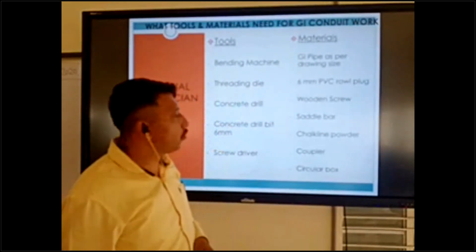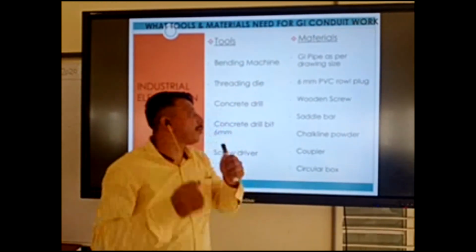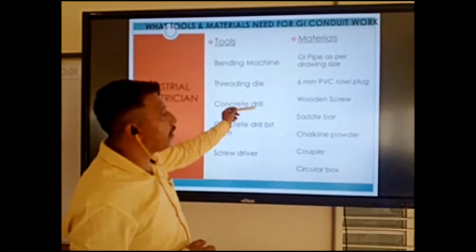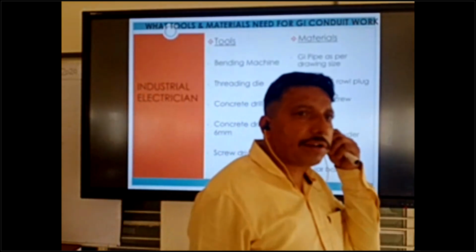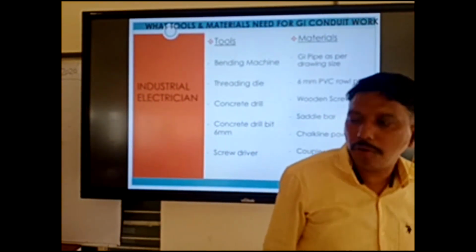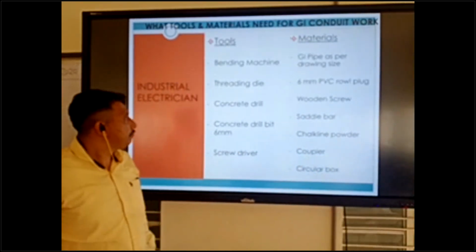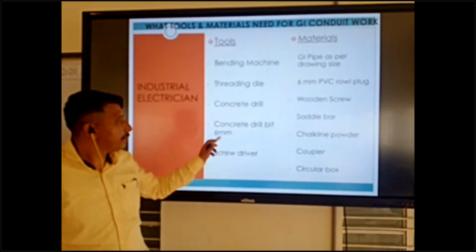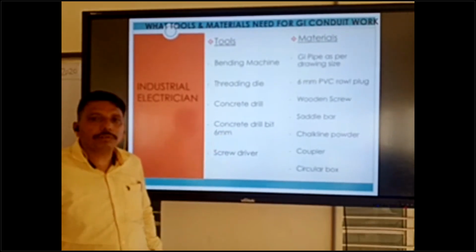Threading die: you need a threading die also for making the thread. And a concrete drill: for GI pipe installation in a concrete slab, you need a concrete drill, not a normal drill. Concrete drill bit 6 mm, you also need.